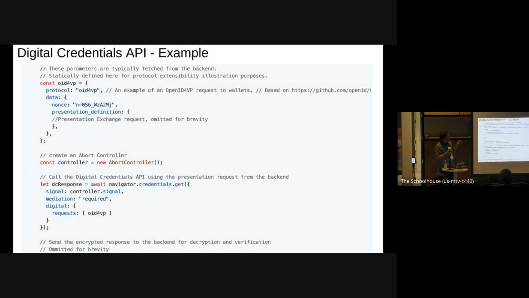So one of the most popular query protocols, and the one that's being written into law for eIDAS in Europe, is called OpenID for VP. It's standardized at the OpenID Foundation, who does OAuth and stuff like that. So this is one example where the browser piece that we've defined is the navigator.credentials.get with a digital property, right? And then you can have a list of requests, and those can be different protocols. In this case, we have an example of OpenID. I've omitted some because it's kind of long, but I can show you a bit more in a minute.